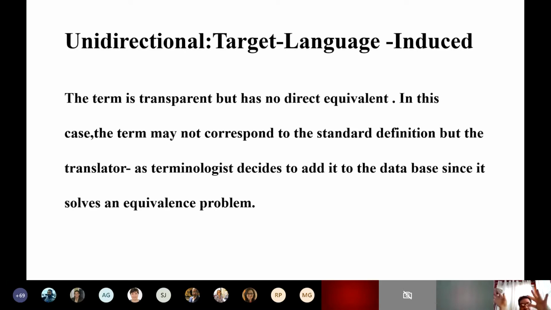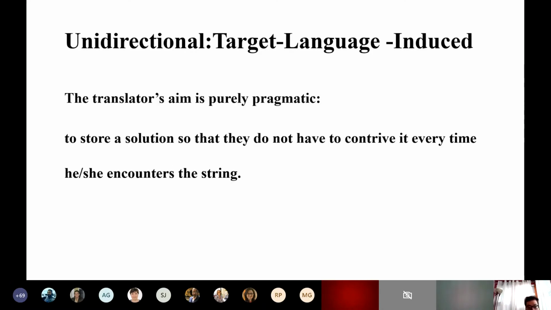Then we move to the other direction, the target language oriented direction. Here the term is transparent, meaning you can detect the meaning from the strings, from the words, but it has no direct equivalent. So in this case, and this is a very common case, the term does not correspond to the standard definition of terminology, but for practical considerations related to the target language, we suggest it as a term. For example,